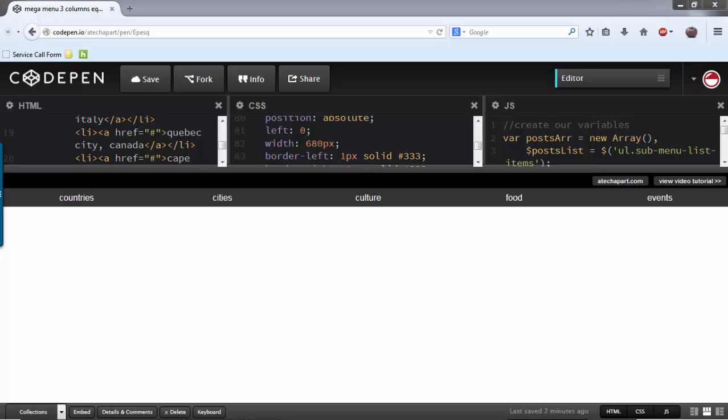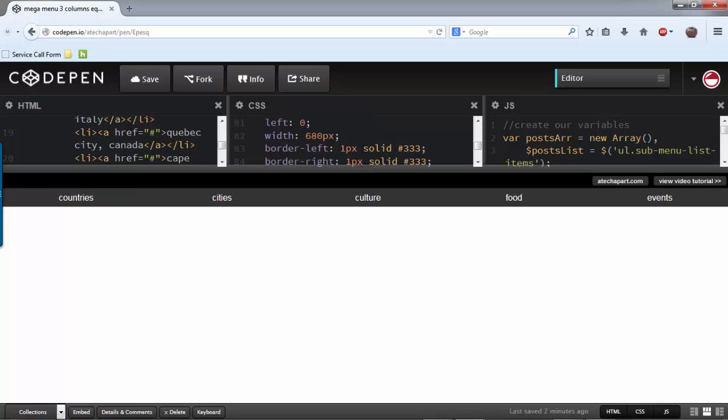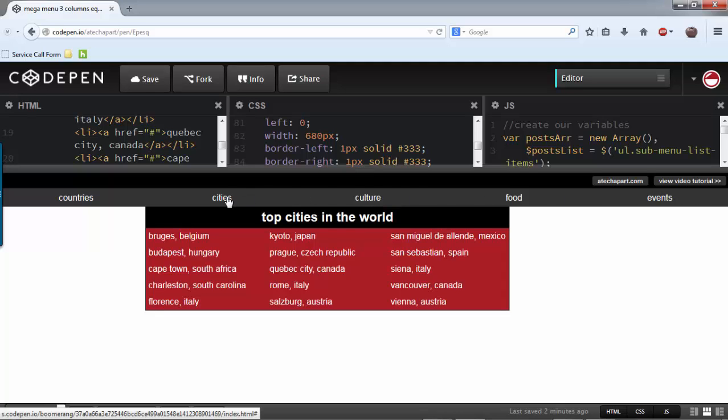Okay, let's go through this mega menu right quick. So I created a regular menu up here, and when we roll over or hover over cities, a drop down will appear in 3 columns, and then up here we have a